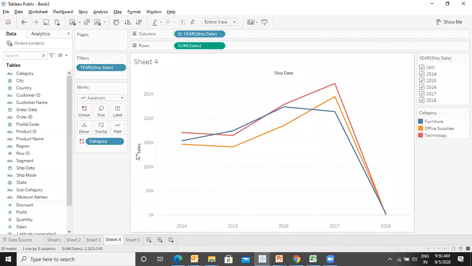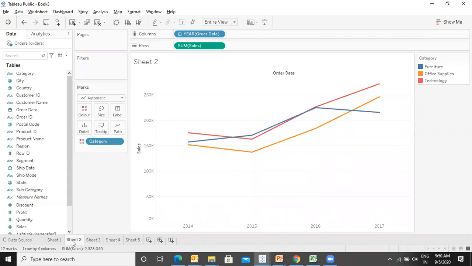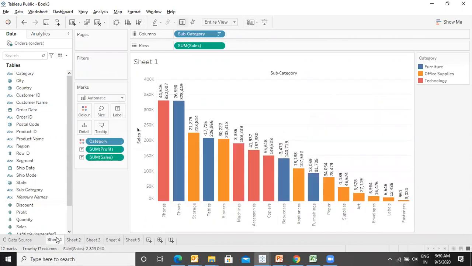Here we are displaying the shipping date wise and the subcategory wise sales. Here we are displaying category and subcategory wise sales. Here we are displaying the sales on the basis of order date, and again category wise, subcategory wise sales over here.